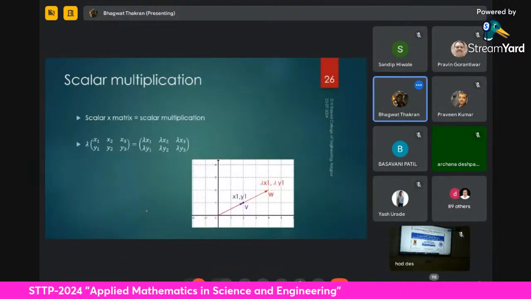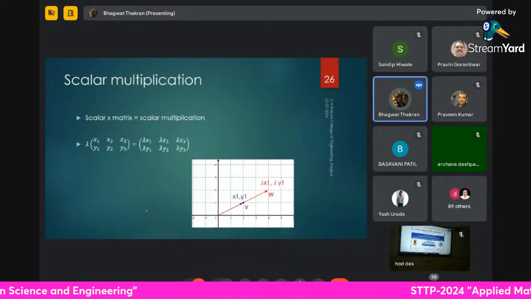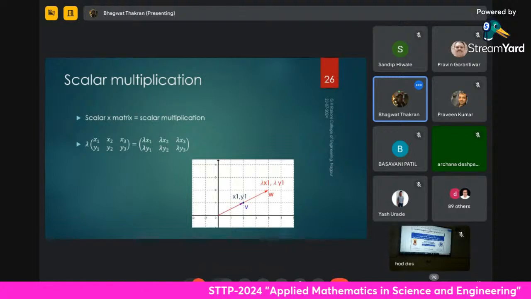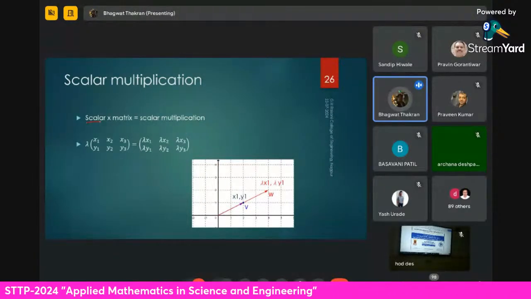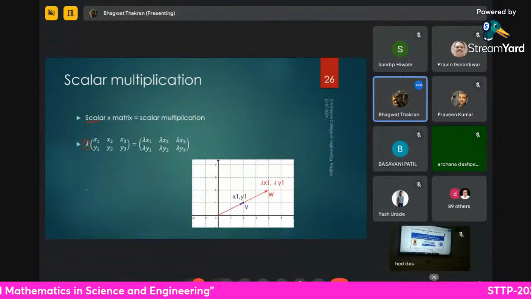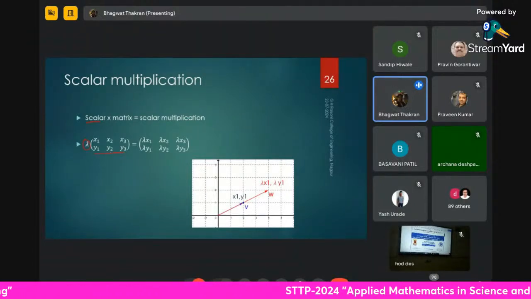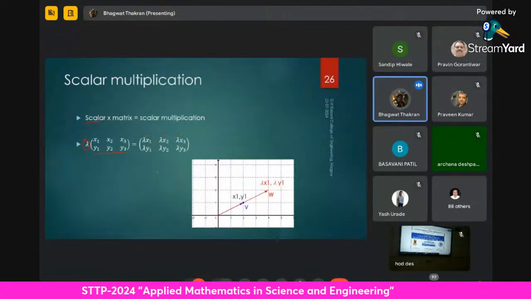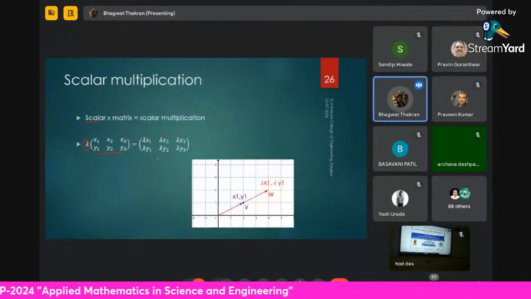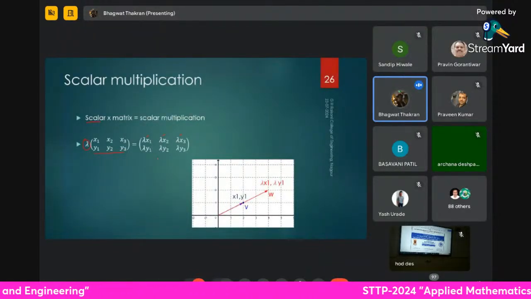Scalar multiplication. Scalar multiplication is a simple thing. If we multiply a scalar lambda with a matrix, then that scalar gets multiplied with each element of that matrix. Now, the moment we say it is multiplied with each element of the matrix,